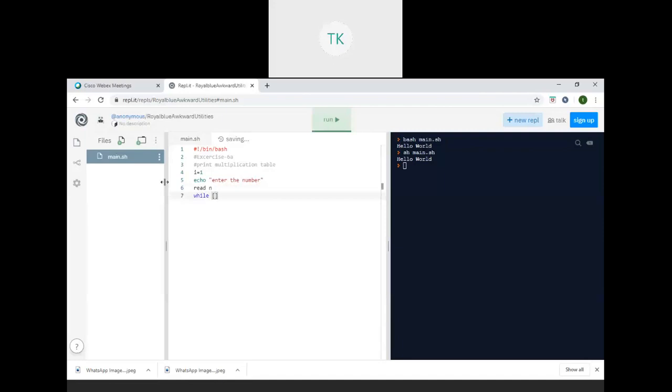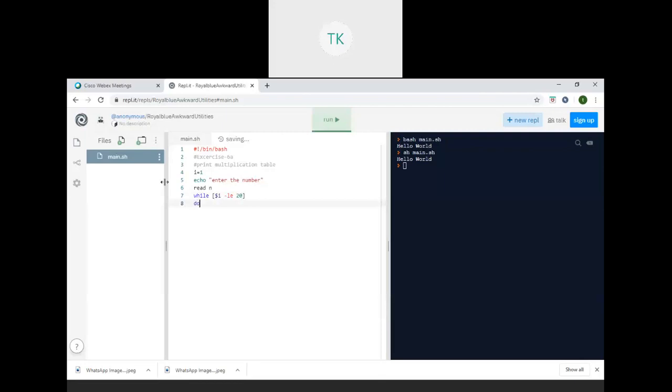While i less than 20, up to 20 numbers, we are having a multiplication table.